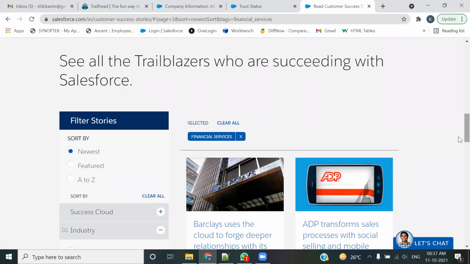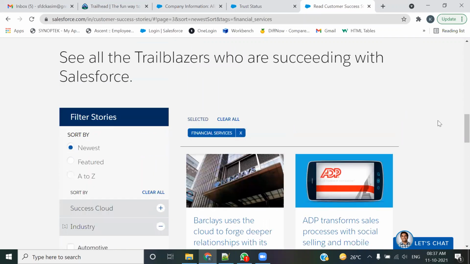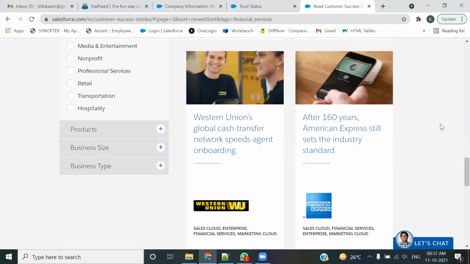So if such big organizations believe in Salesforce, they have a long strategy for that, right? Only then did they see that Salesforce is one of the most secure technologies, and that is why they are using Salesforce. Then for people like you and me to question this is absolutely wrong, saying sir, it can be hacked, at any cost it could be hacked. Okay, if it could be hacked at any cost, then it would have been hacked in the past 20 years, at least once. And such big organizations, these are some very good organizations, and if they are believing in Salesforce, then who are you and me to ask questions about the authenticity, the reliability?